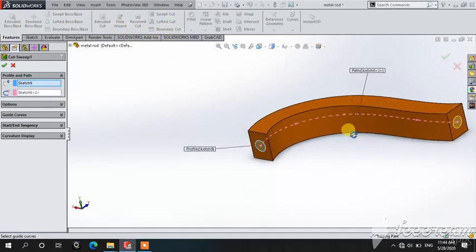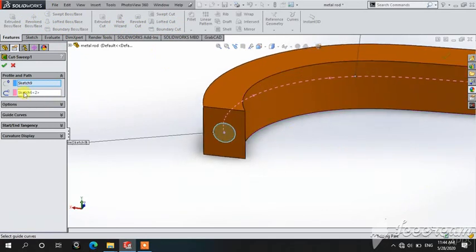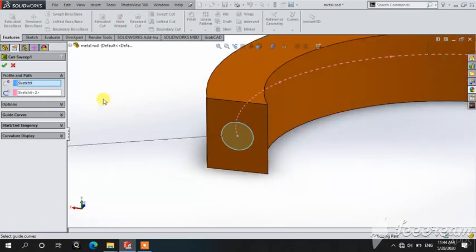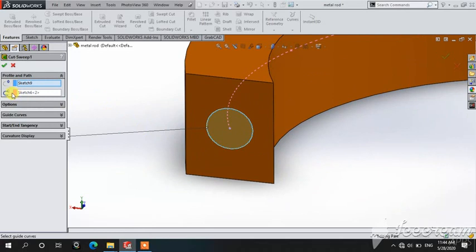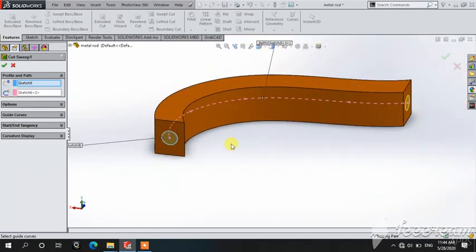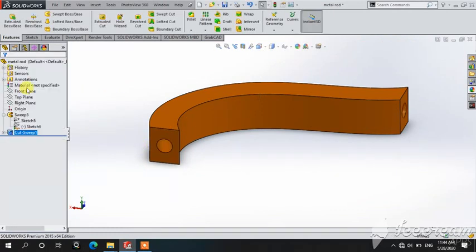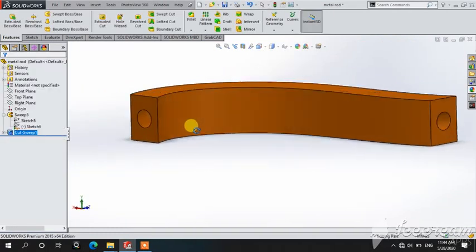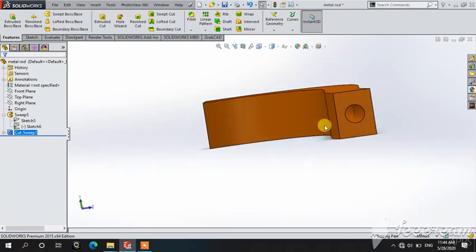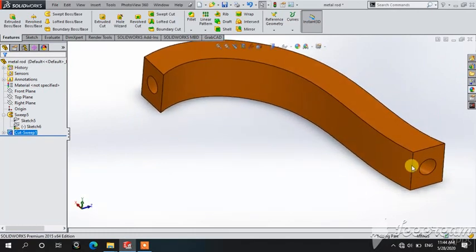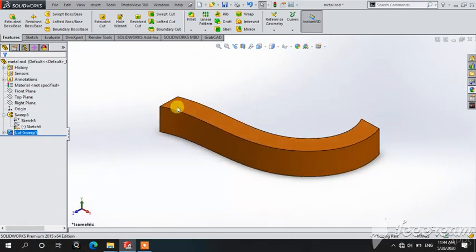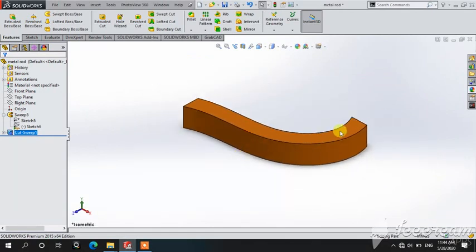There is a hole, you see there is a hole from here to here. You need this command. First of all you have to draw the circle on that face. See, the dimension of the circle is 9.93, approx 10 mm. Then you have another feature.